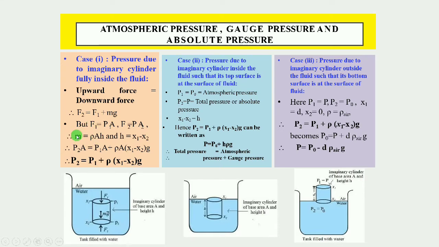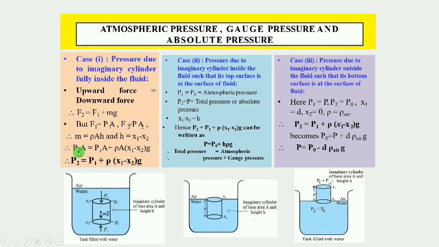Similarly for the mass you can write mass equal to density into volume. As we already know, density equal to mass upon volume, therefore mass will be equal to density into volume. Here the density of liquid, suppose we consider rho, and the volume is the volume of the cylinder. As this cylinder has height h and cross sectional area A, volume will be A into h. Okay, so therefore mass will be density into volume, rho Ah, and h is nothing but the difference between x1 and x2.